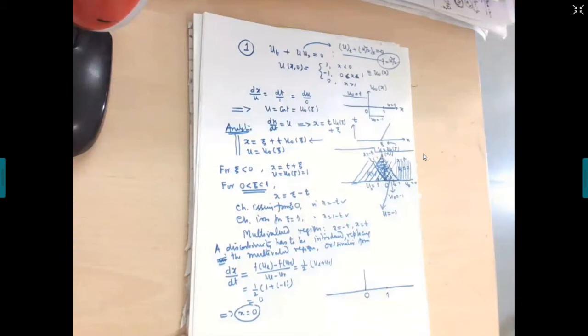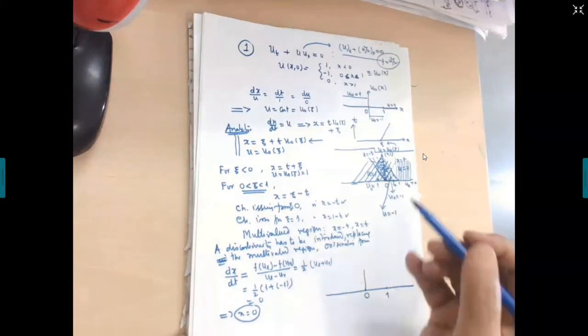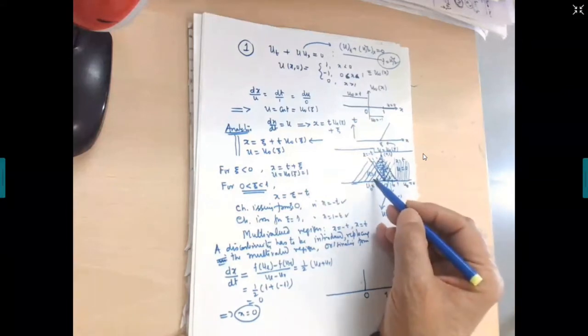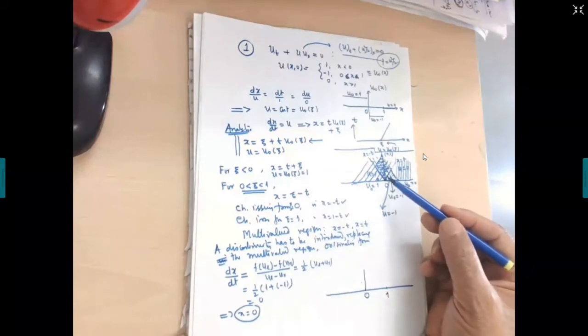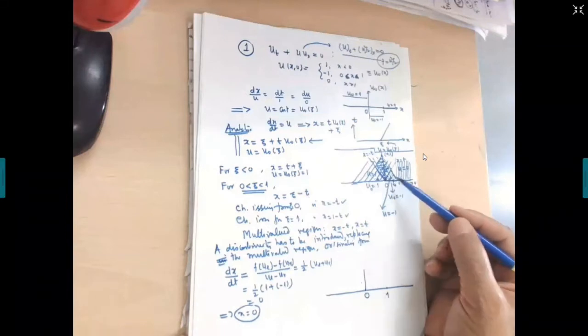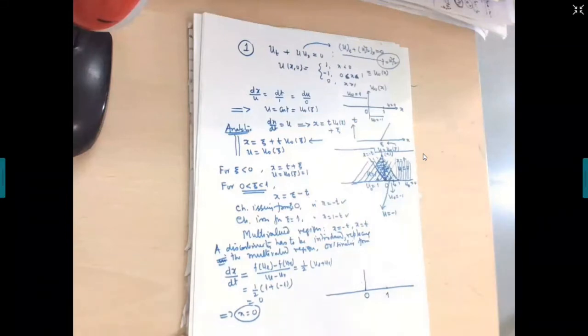Does it satisfy the Lax condition? Yes, sir. Because on the left, f of ul is 1. On the right, f of ur is minus 1. So f of ul is greater than f of ur. So definitely the Lax condition is satisfied, right? The RH condition gives us x is equal to 0. This is the discontinuity. x is equal to 0 is the discontinuity.